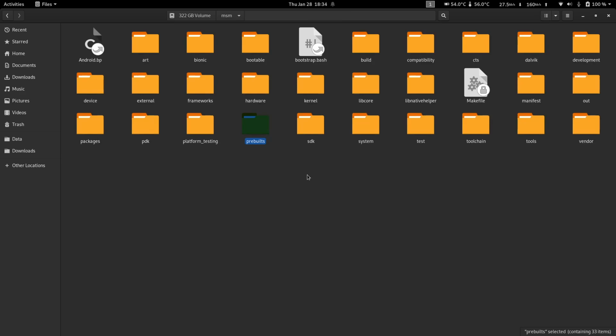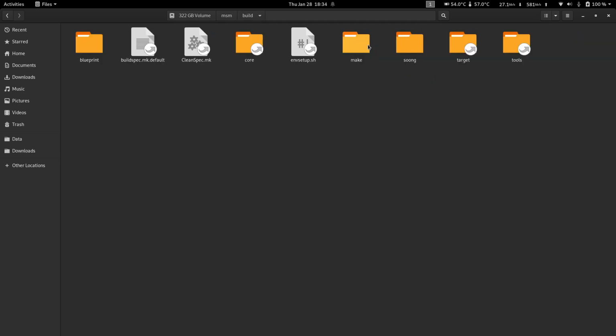So if everything is fine, you probably want to start compiling your ROM now. So how do you compile a ROM? In the build directory, there's an executable file called envsetup, which is environment setup.